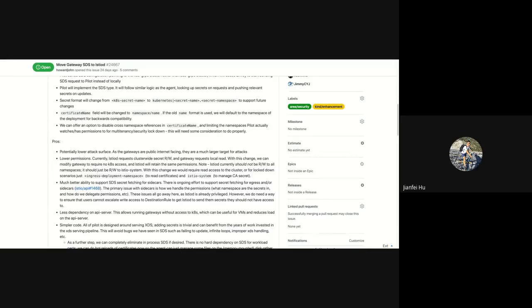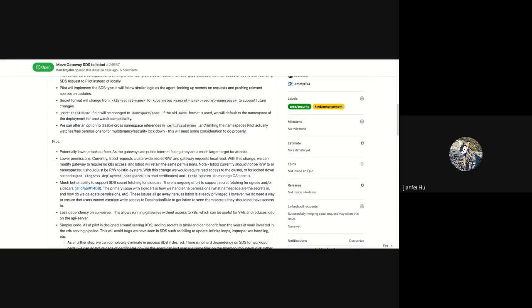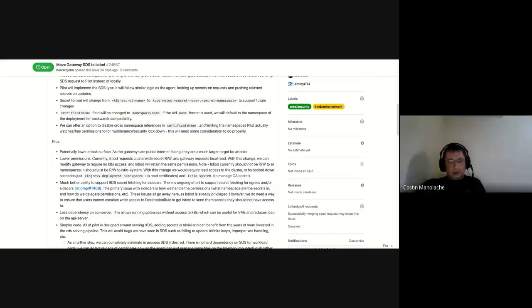And with this model, we are granting more and more privilege to Istio D, which becomes a Frankenstein, a giant security monster with very large privilege. If that becomes the target of an attack, you have a larger impact, accessing customers' own public serving certificates. Is that right? So one, Istio already has permission to read secrets on all namespaces, so we are not changing anything here. And two, hold on, is that absolutely